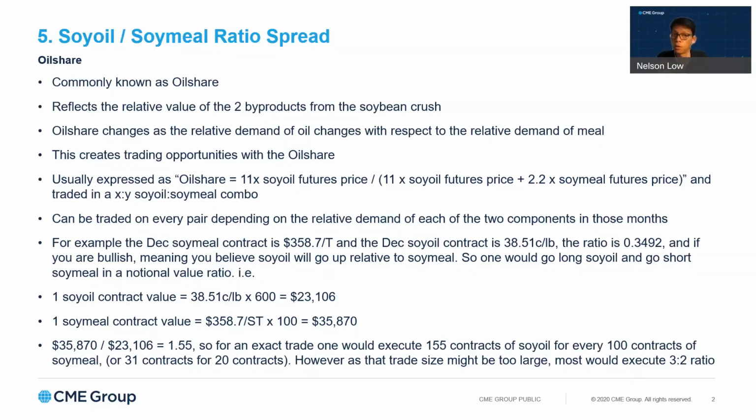So the formula is normally expressed as you see here in the fifth bullet point as the price of soy oil divided by the combined price of soy oil and soy meal. So in other words, it's the price of soy oil compared to the price of the two components of the crush, right? It's quite logical, and that ratio tends to tell you the value of oil in the soybean. I will not go through all of the math with you. You can have a look at it here.